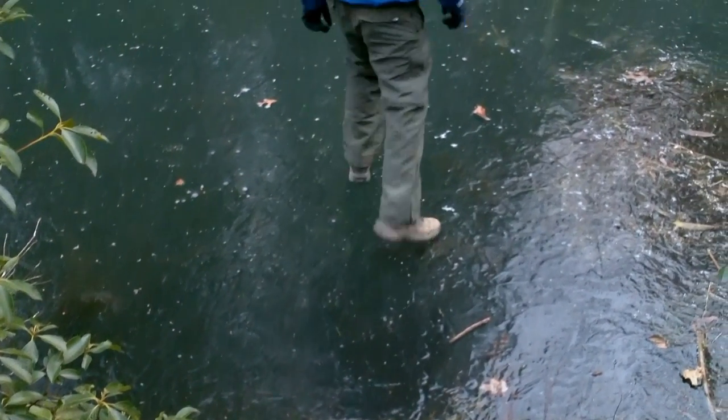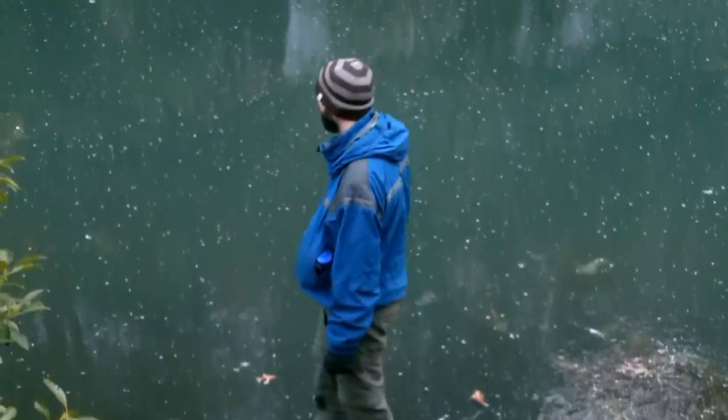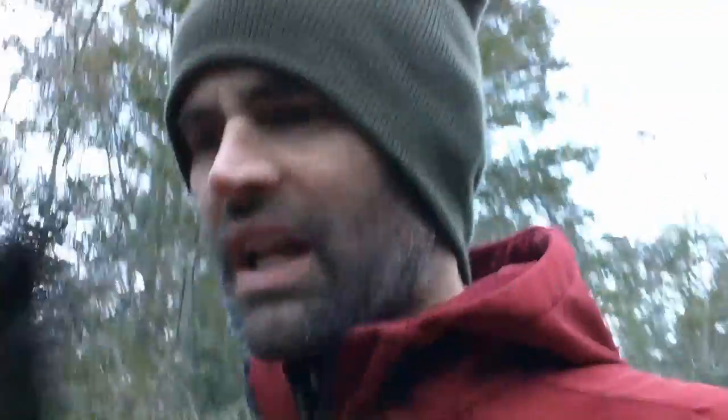I can't keep him off the ice. He's going to fall through, and then it's going to turn into a rescue situation. Getting this in right before the sun sets. It's not far now,